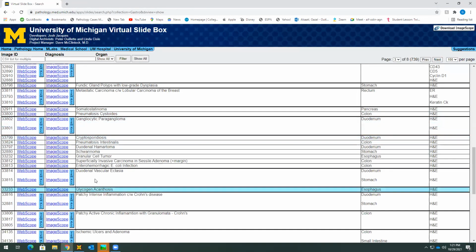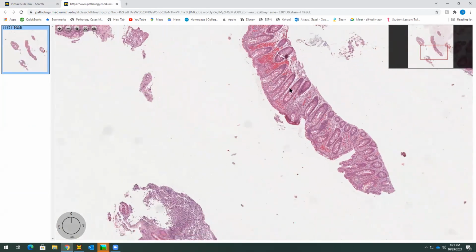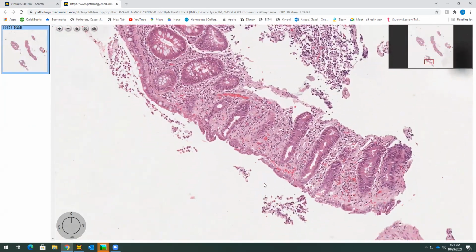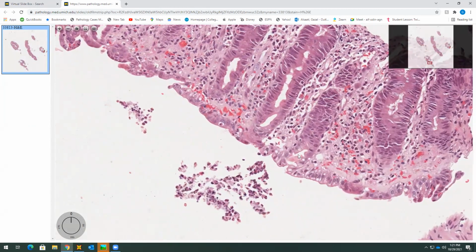All right. Next is enterohemorrhagic E. coli infection. Okay. Let's see. Isn't that so cool? Okay. So,